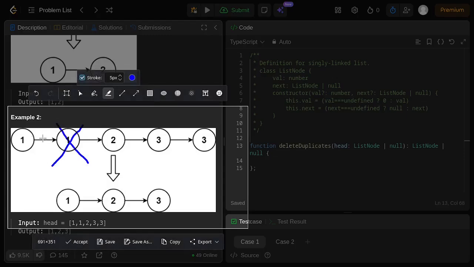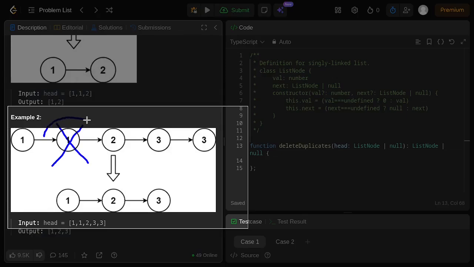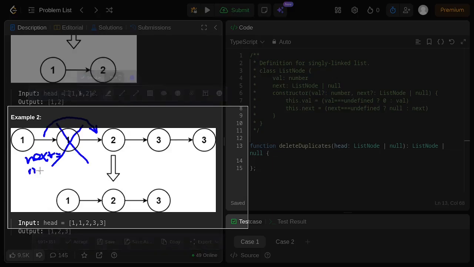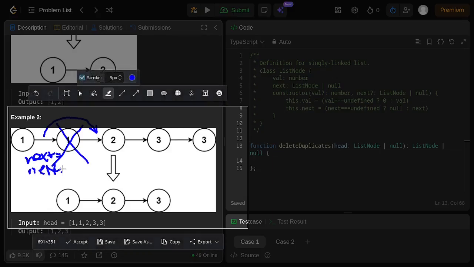That way we are assigning node 1 dot next equals the duplicate's next, using next dot next,